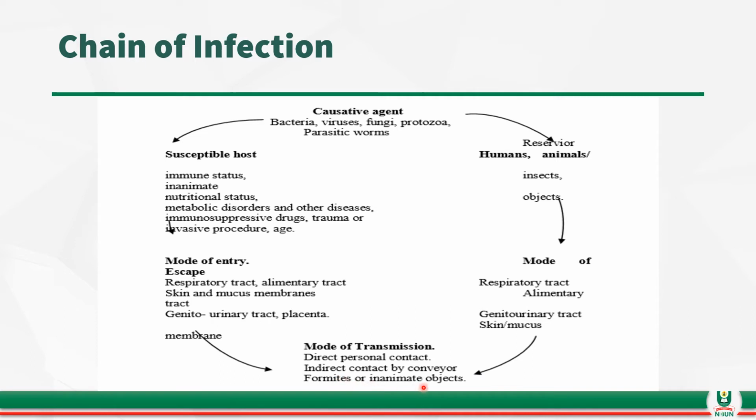When you talk about fomite, it may be substances like clothing or a comb. A fomite is an inanimate object, and it will look for a mode of entry into the host. Now you look for the mode of entry, which is the same as the mode of escape from the reservoir before. It can also be through the respiratory tract or alimentary tract, skin or mucous membrane, and it will look for a